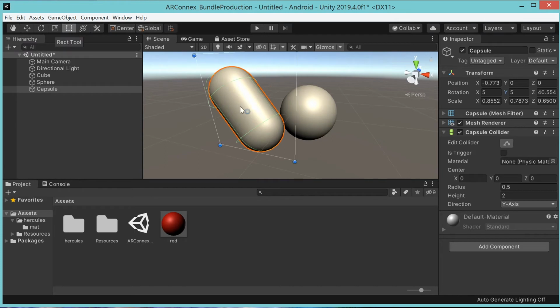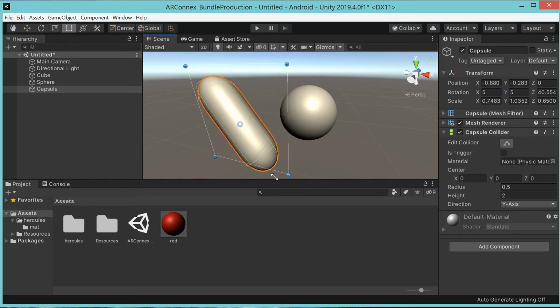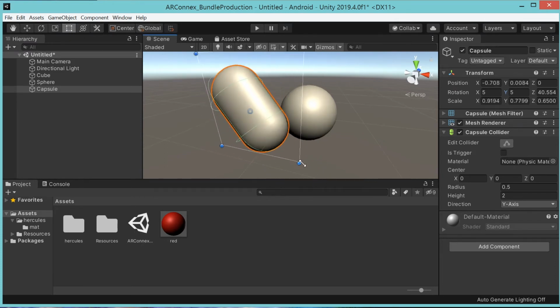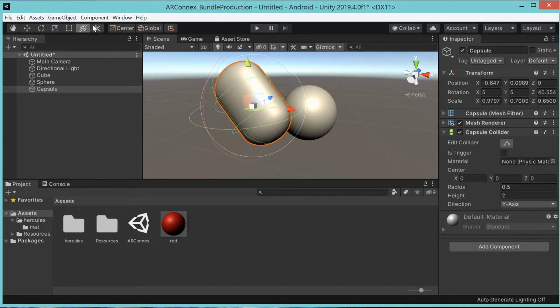The rectangle tool, although it does actually scale here, it's really designed for 2D user interface panels, and we'll talk about that in a future video. And then you have the everything tool, I call it. I'm not sure what they call it. They call it the move, rotate, and scale selected object tool. It's the everything tool. It does movement, rotation, and scale all within a single